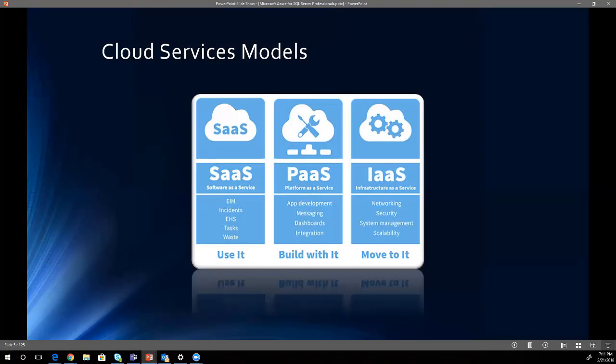But if you're moving to the cloud, if you're starting to grasp the cloud services, every cloud provider out there, Microsoft, Google, Amazon, and some others, they all classify their services into three categories. They are either software as a service, platform as a service, and infrastructure as a service, as you see there